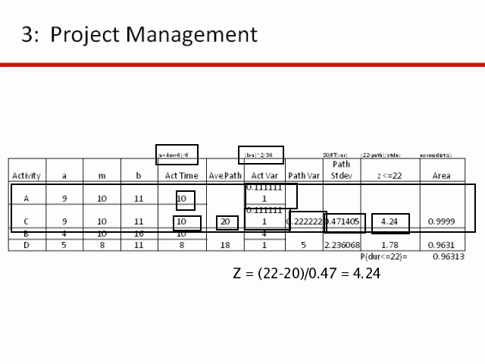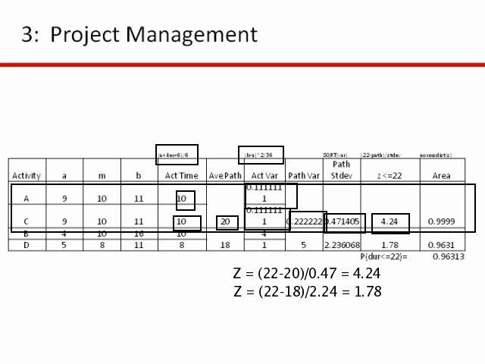Now, for activity BD, you're going to do the same thing, but the Z value for BD is just going to be the 22 minus... You can see that BD has an estimated duration of 18, but the variance is a lot greater than for AC. So if we calculate a Z value for path BD, we get a Z value of 1.78. That means that 22 is 1.78 away from the average